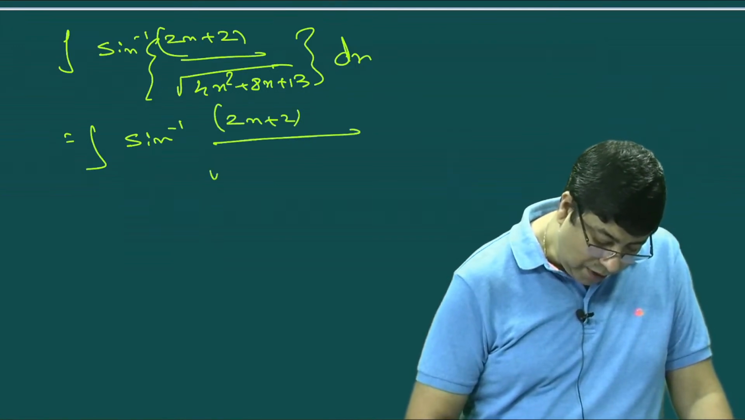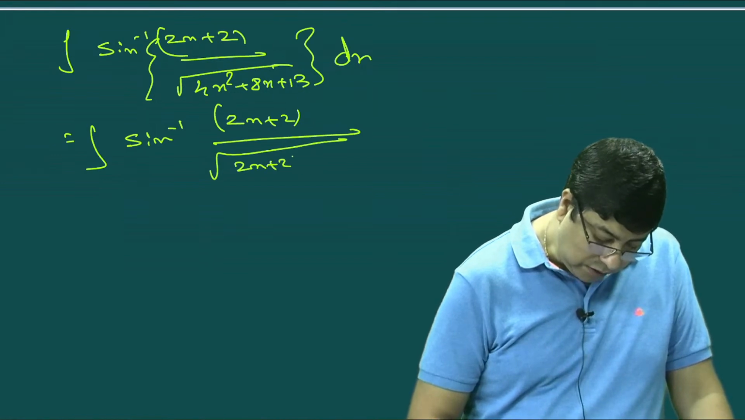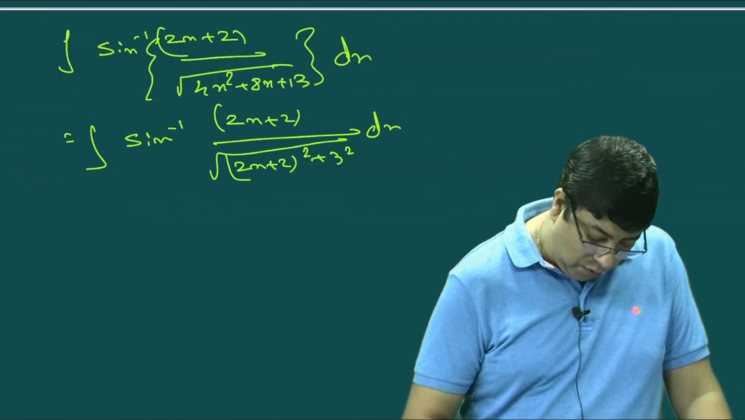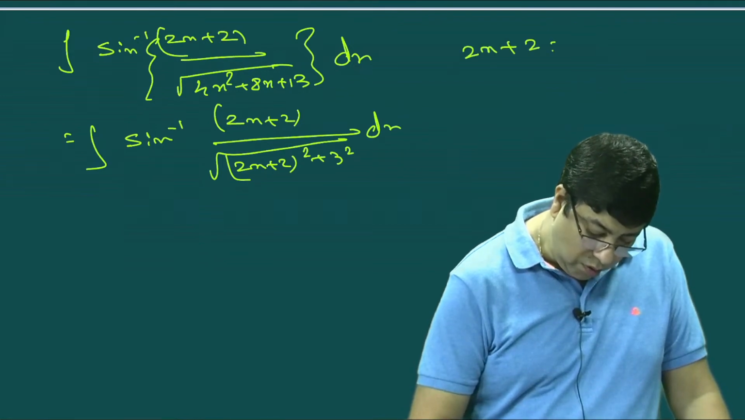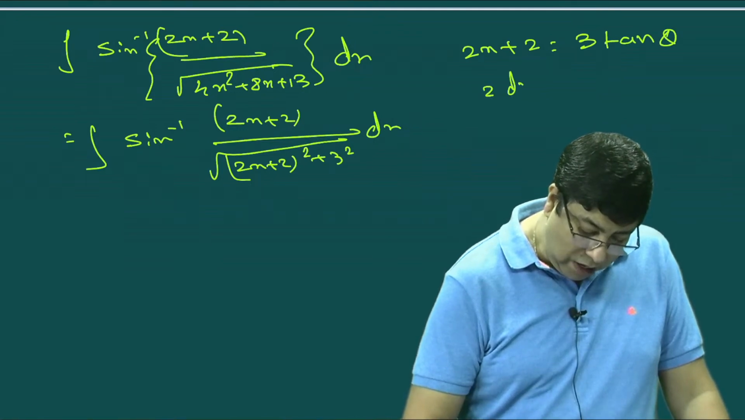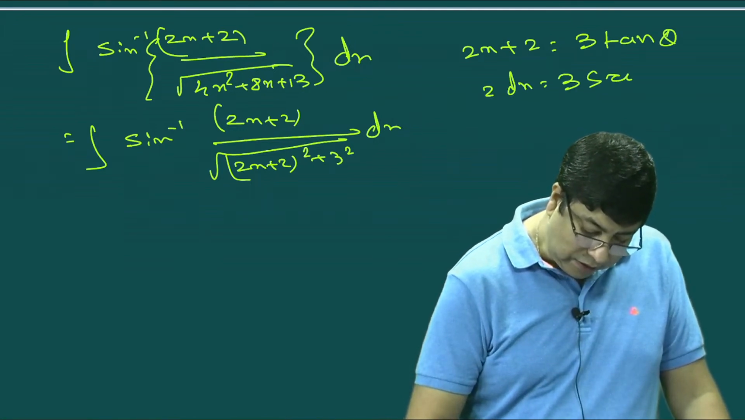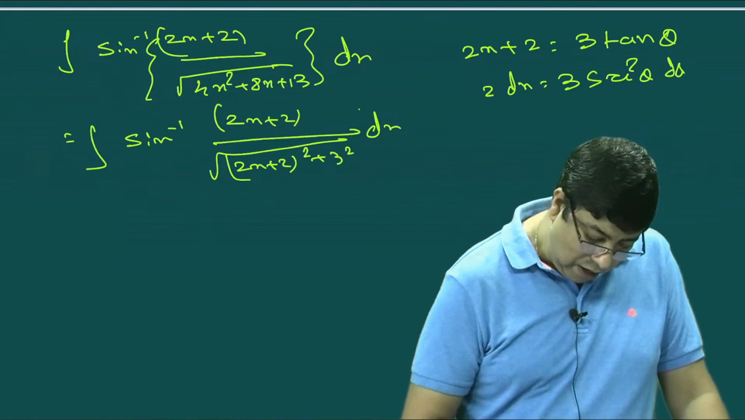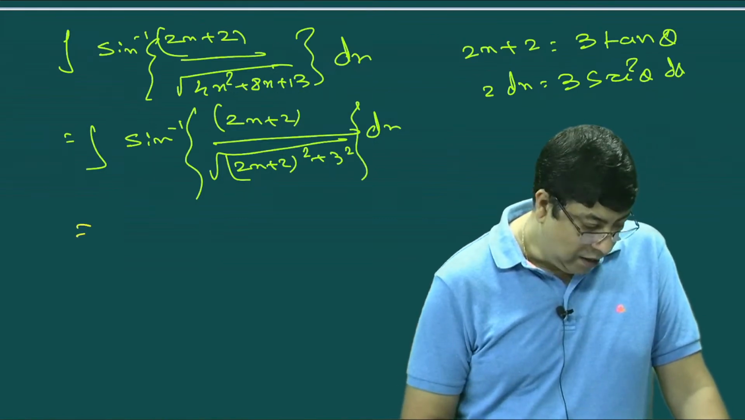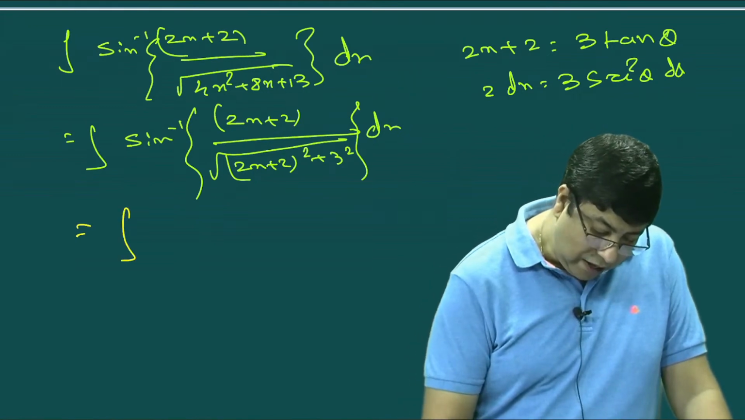In the denominator, absorb all the x to make a whole square. So (2x plus 2) whole square plus 3 square dx. We can take 2x plus 2 equal to 3 tan theta. So 2 dx equal to 3 sec square theta d theta. I am giving the bracket here. Now we can write this as,